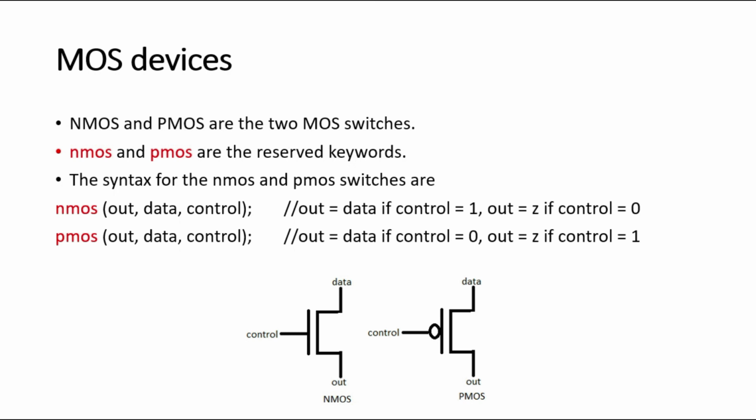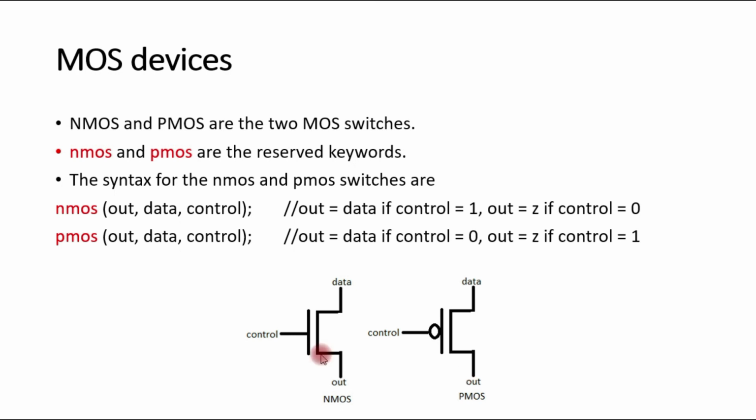The logical symbols for NMOS and PMOS devices are presented here. Data, that is the input signal, control applied at the gate terminal of the NMOS and PMOS devices, and output signals. This symbol is for NMOS and this symbol is for PMOS device. Signals are flowing from drain to source terminals of the NMOS and PMOS devices. The switch is either in on state or off state, and it depends on the signal value available at the gate terminal. The gate terminal controls the movement of data from drain to source.